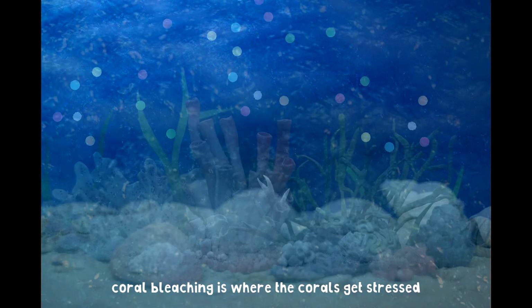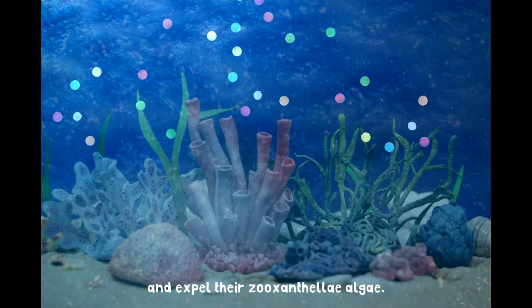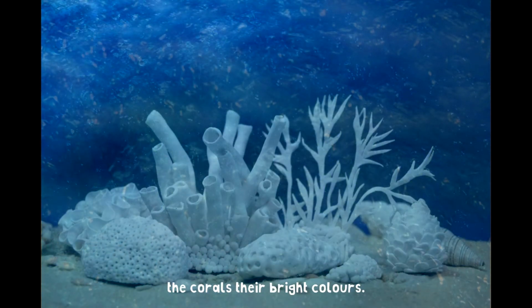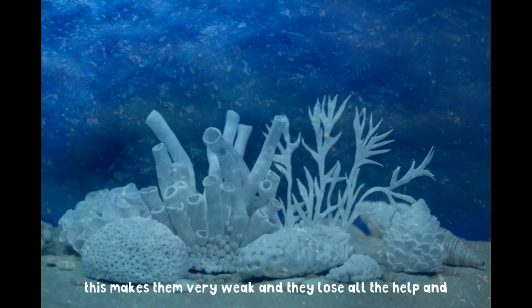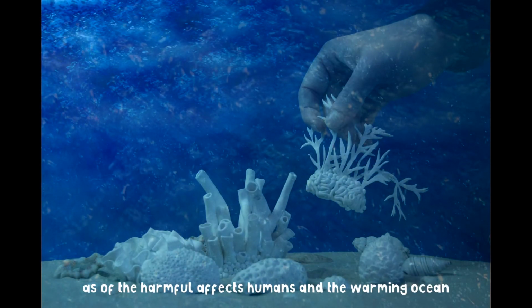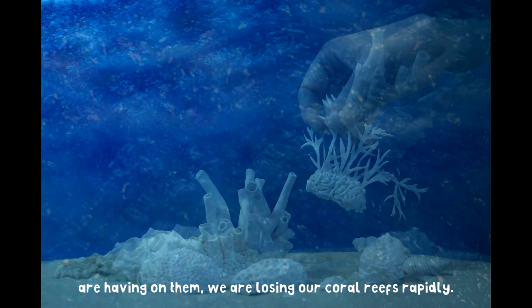Coral bleaching is where the corals get stressed and expel their zooxanthellae algae. They turn white as it's the algae that gives the corals their bright colours. This makes them very weak, and they lose all the help and nutrients that algae gives them. As of the harmful effects humans and the warming ocean are having on them, we are losing our coral reefs